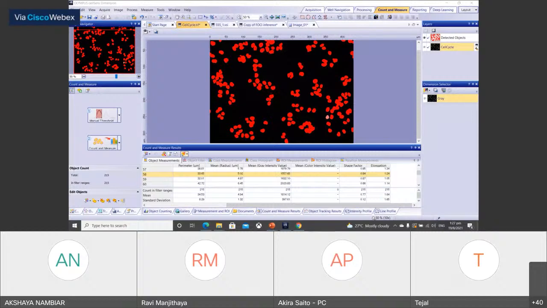Another question I got is how did you differentiate between class 2 and class 3 cell types you have shown in your image?